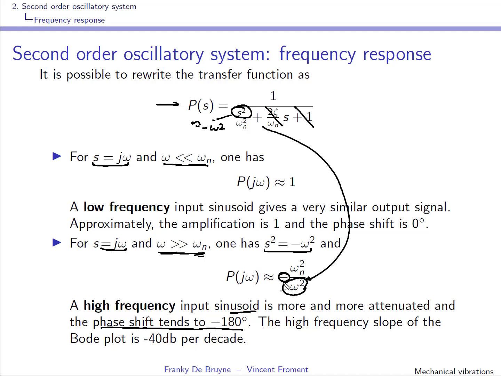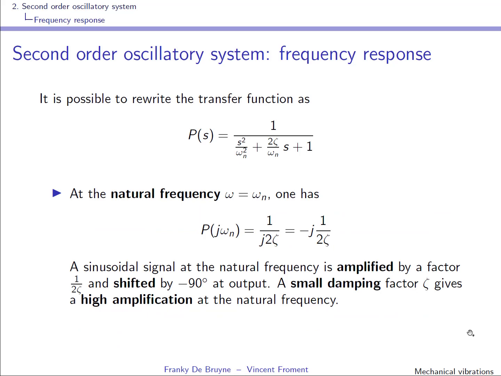Here, the fact that we divide by omega square matters. If you work with a Bode plot, you know that on the y-axis you use dBs, and you also have a log scale for the frequencies. Well, you see that the slope here will be minus 40 dBs per decade. So we've looked at high frequencies and low frequencies. When compared with the natural frequency, what you can do obviously is also look at the